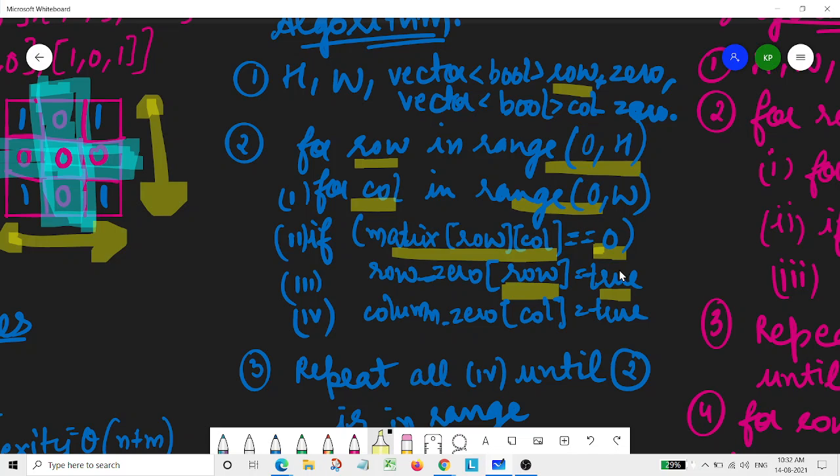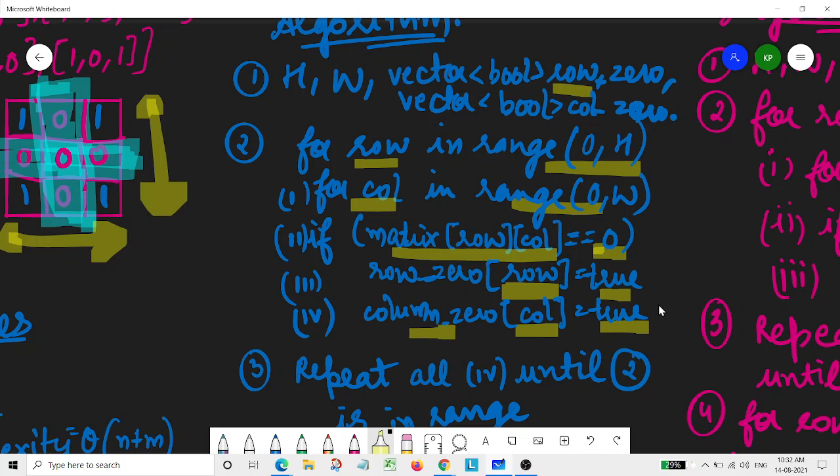So for that, I'll do that. And then for the column, whichever column has a 0, I'll simply mark that column as true. So this is how we can check which column and which row have a 0.